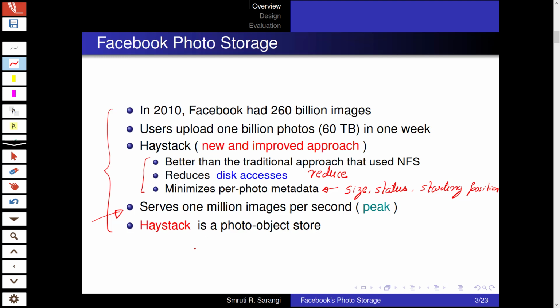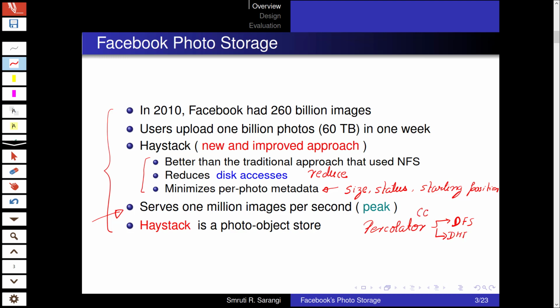And Haystack, of course, is in the line of things that we have been, in a sense, studying over now. So we have looked at a few projects that essentially use the same elements. We have looked at Google Percolator, which is built on Bigtable. So essentially there is a distributed file system and there is a DHT, some form of it.